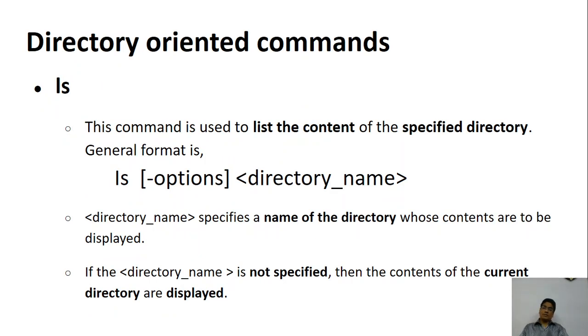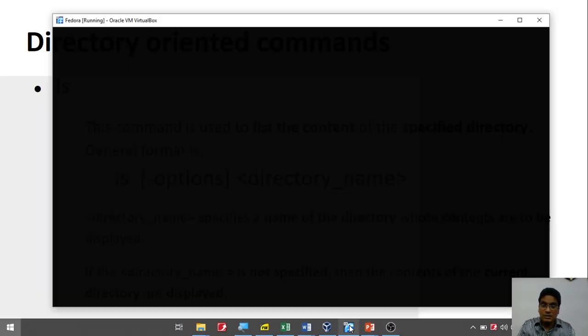Now one of the things that you can do in a directory is to list all the content which is there in a directory. For this we have the command called ls. ls stands for list. So if you want to list the content of the directory, we can use the ls command. Now this is a very obvious command. We don't generally notice this command.